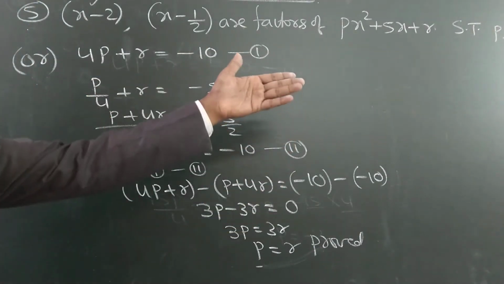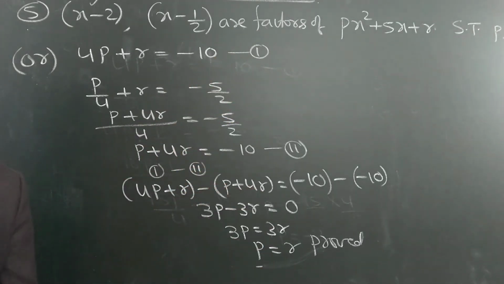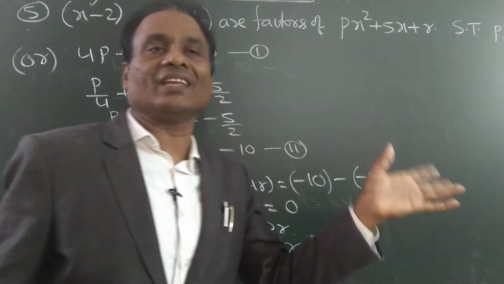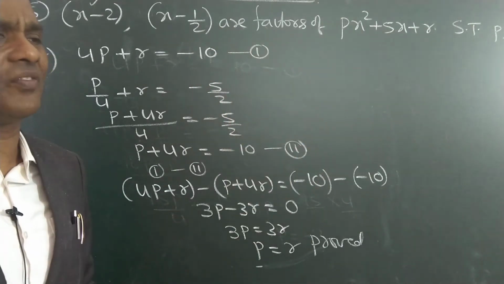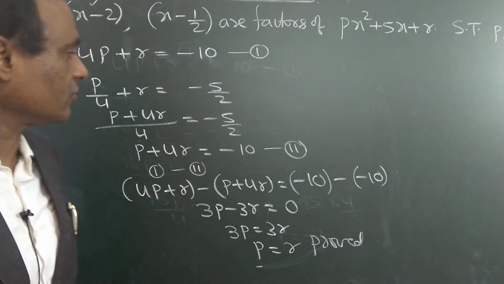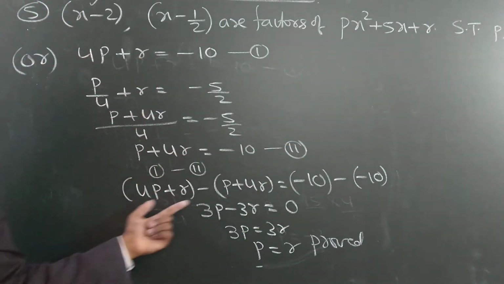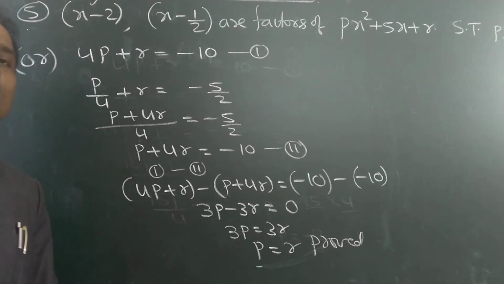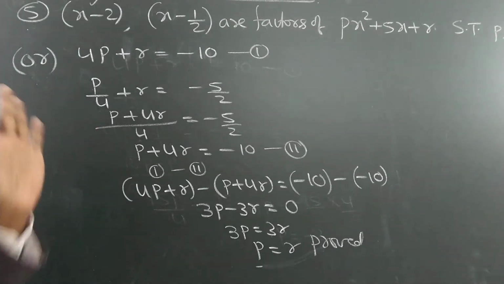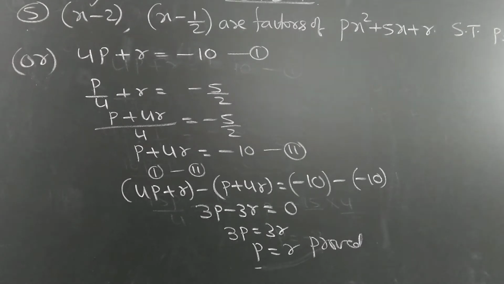Any method, instead of that you can write down this one, if you can remember this. That method is easy to remember because you know how to solve the equations in terms of two variables, and even in our 9th class we have a topic on solving the equations. That is easy. But if you get this idea, this minus this, then directly we are getting P is equal to R. So any one method you can do. Don't do two methods, only one method you write.